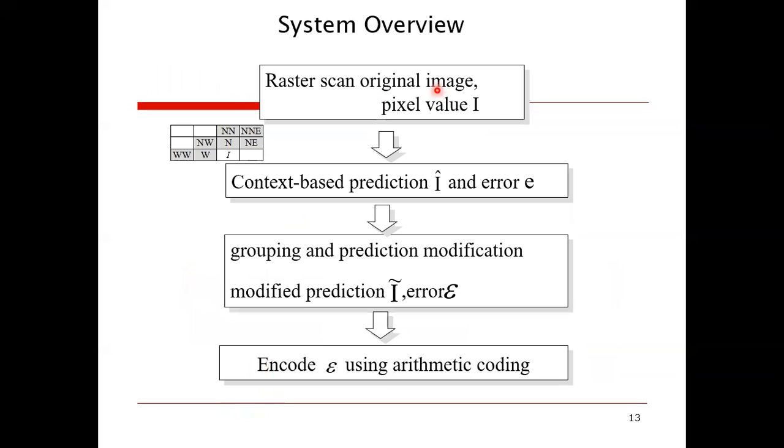The system overview of the Cayley technique is that first we scan the original image that you want to compress.